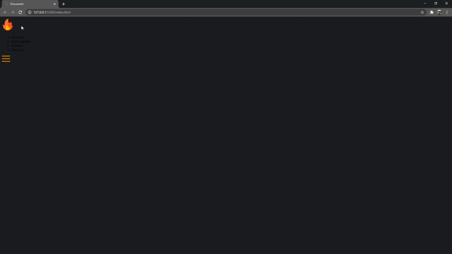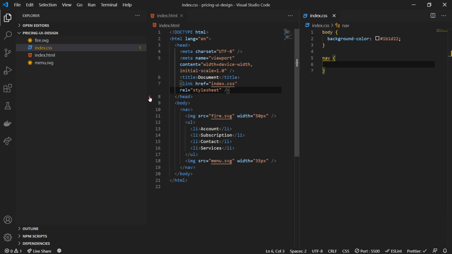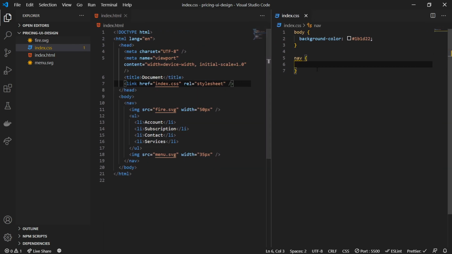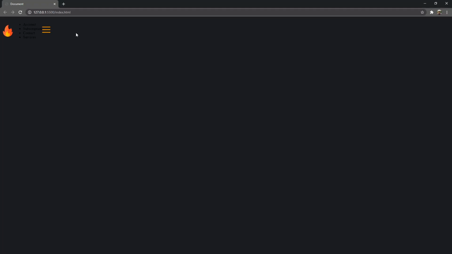Okay, we're not going to use the exact colors. That's why I have a red flame and kind of an orange, to complement this little flame right over here for the hamburger menu. Okay, so now let's go ahead and target the nav. Let me just put this side by side. Okay, and what I'm doing here is I'm going to go ahead and set the display of the nav bar